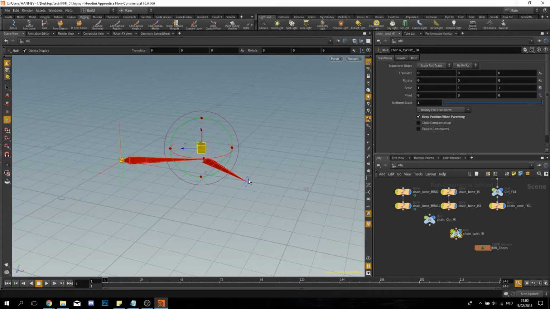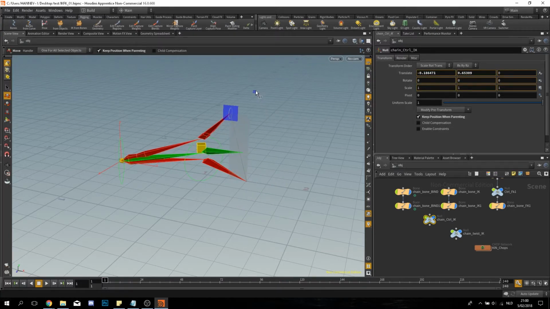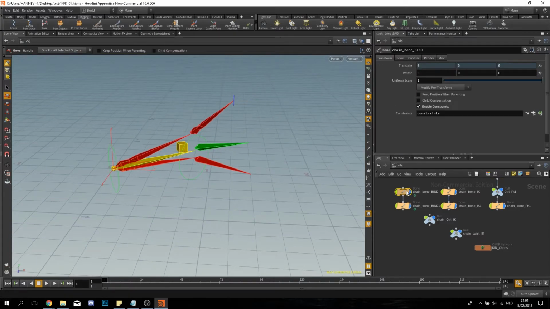And now, if you move the controller, you will see that the bind, the green one, moves, but we haven't specified which one it should follow. Now it's just like a mix between the IK and the FK.